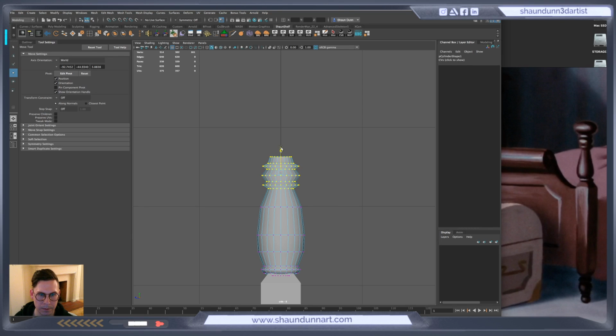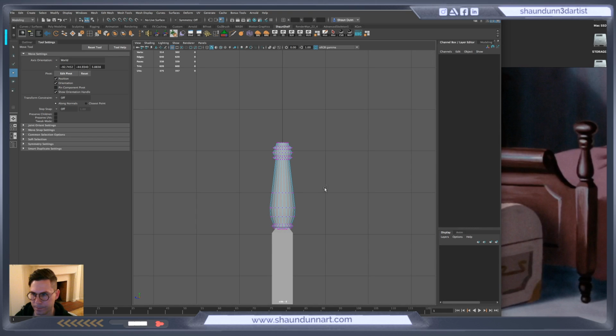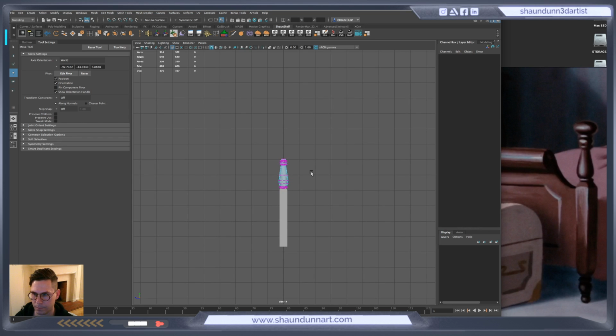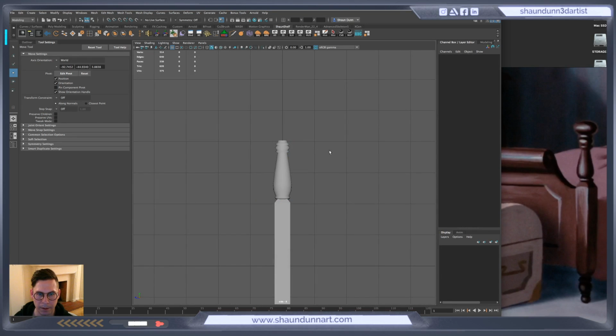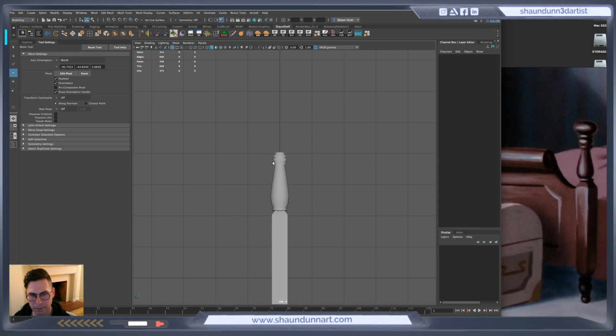Now we can pull this back up. And then for the top part, it looks a little long, but maybe right about there. Top part,